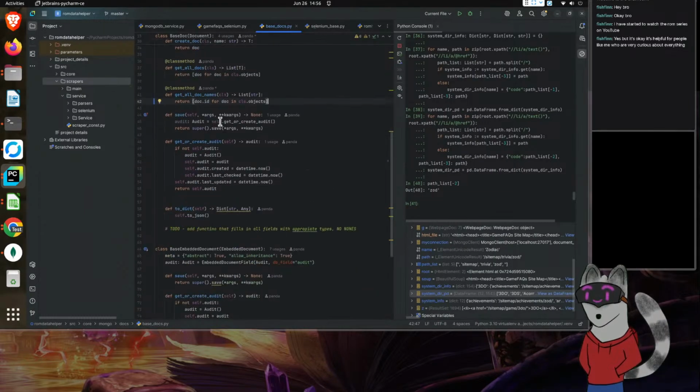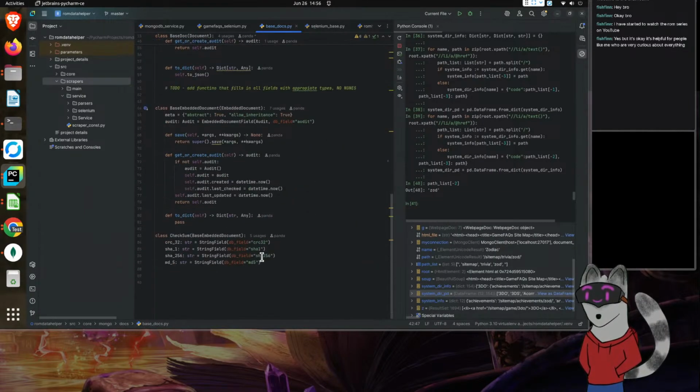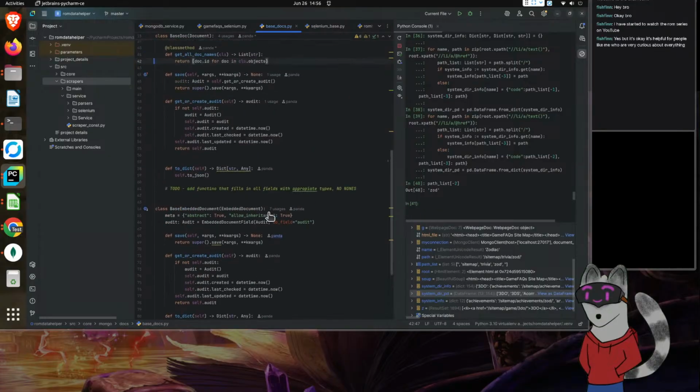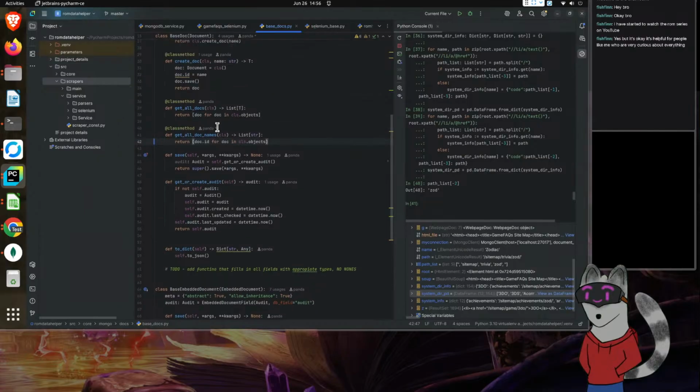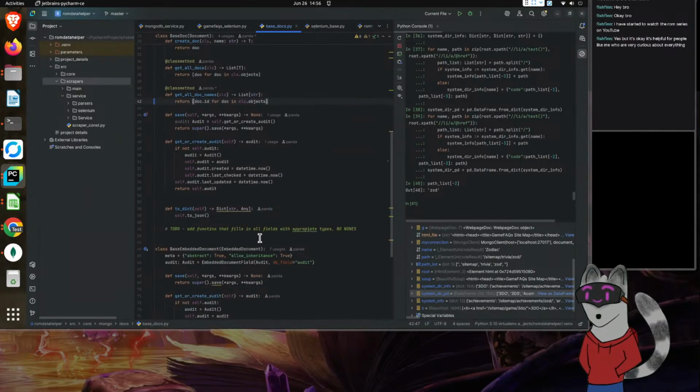Let's see here. There was that one that was a problem. Where's the other one? I see. It's good to see some of the hoops that we needed to hop through to get things working. Okay, so doc for docs. All right, this is the IDs.